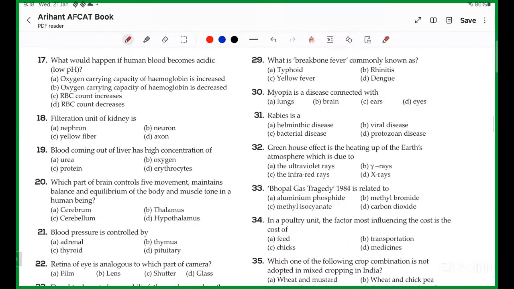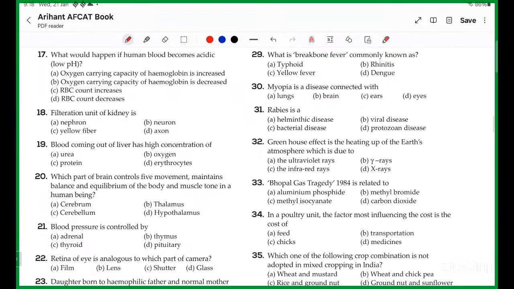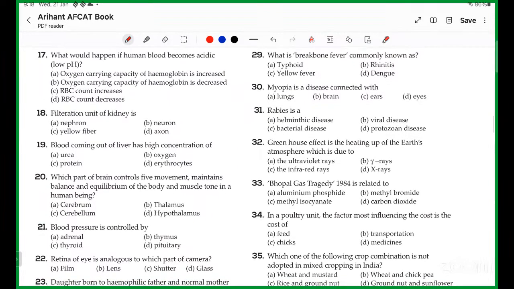What would happen if human blood becomes acidic? Oxygen carrying capacity of hemoglobin is decreased. Filtration unit of kidney is